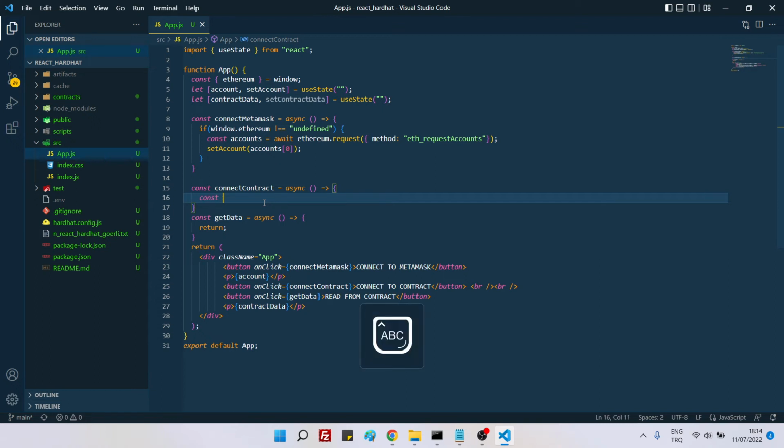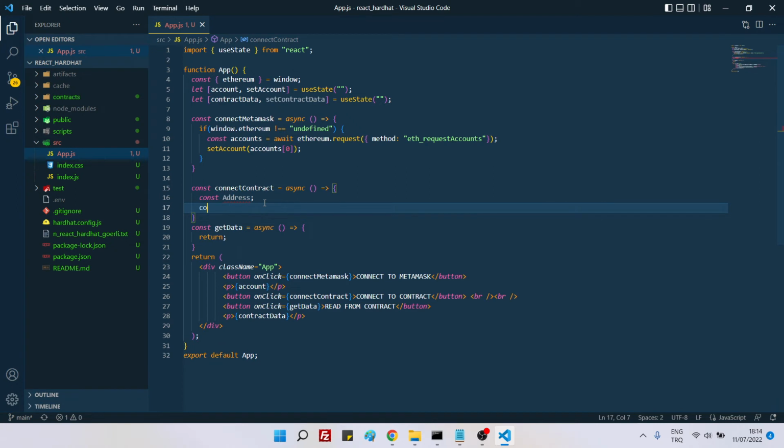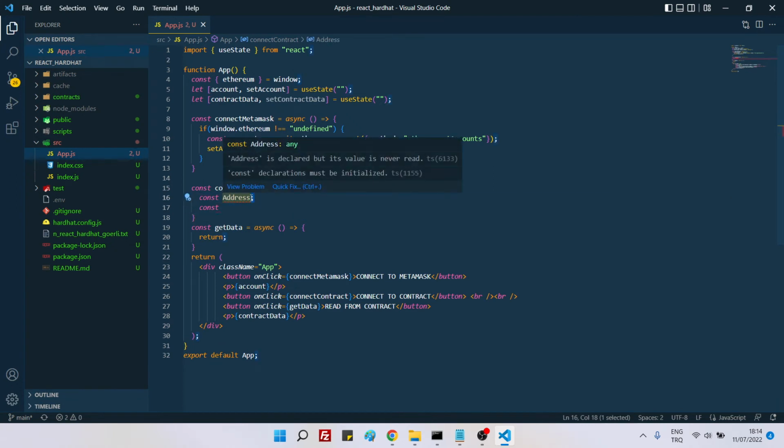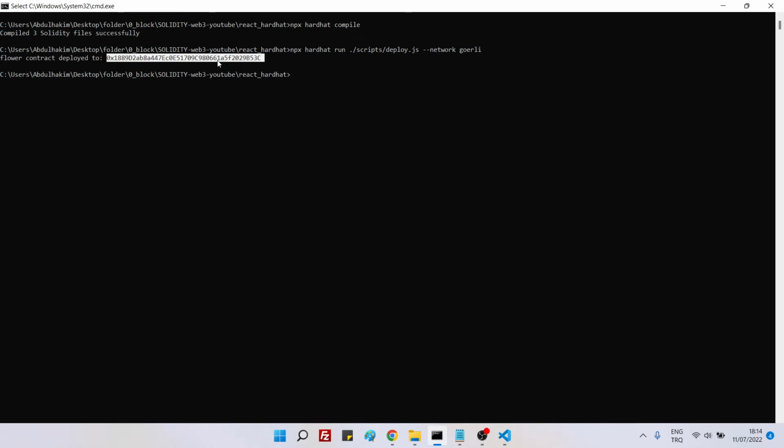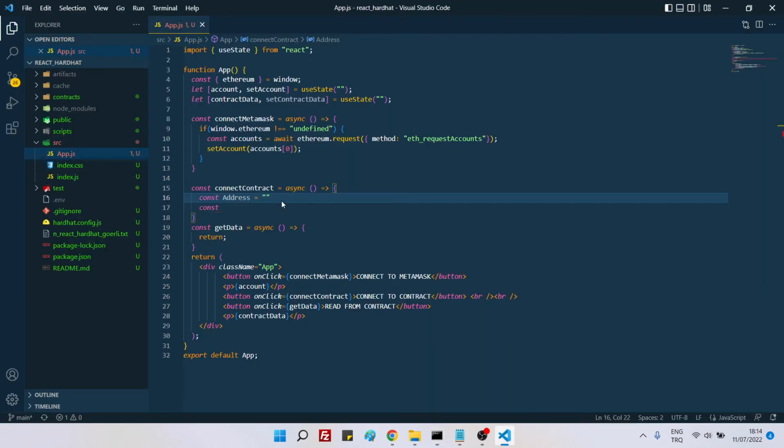So for that, first we will need the address and then const. Actually, I can just paste it in. So for the address, grab this address information, copy it, and paste it here,